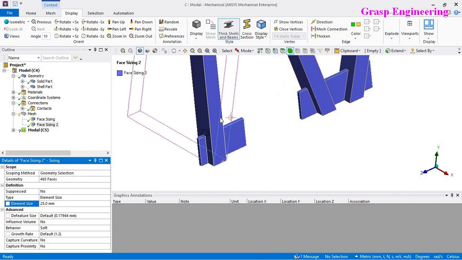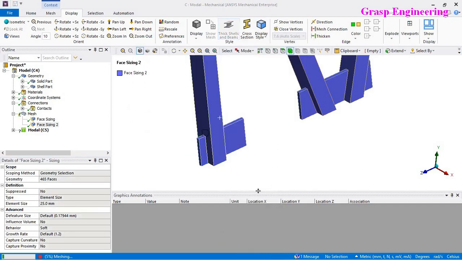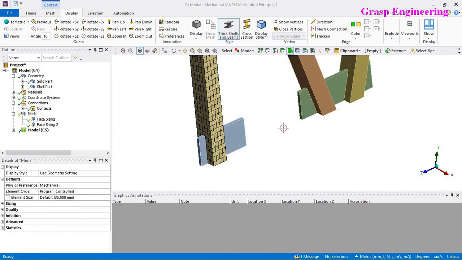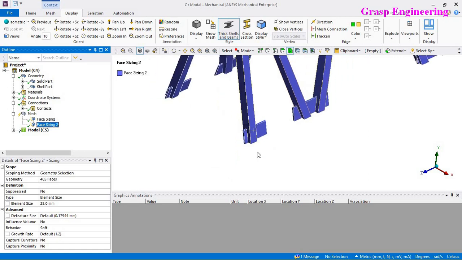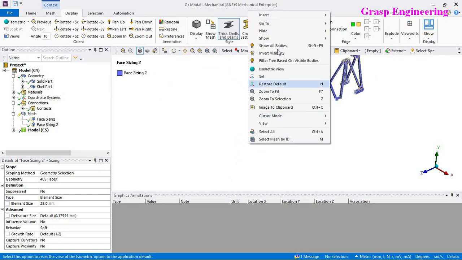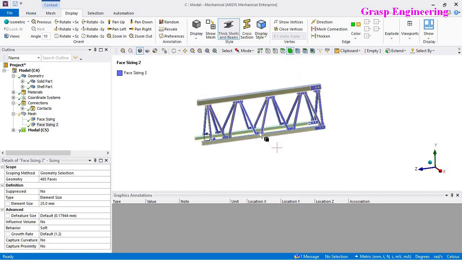If I generate this, you will find that it creates a minimum of 4 elements. Here 4 elements are created for the 100 mm. We provided 25 mm size, so 100 divided by 25 is 4. Likewise, you can define your element size and then mesh your model.